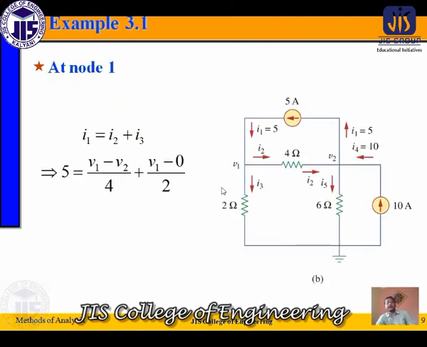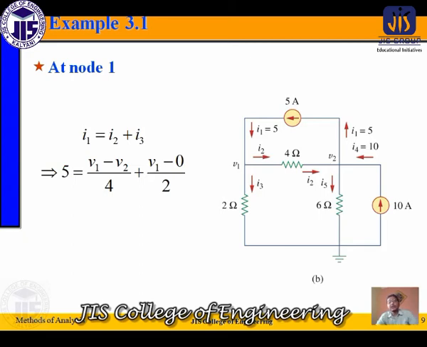Okay. Now we have to put the direction of current. For the non-reference node, that is node 1, having a voltage of V1, whatever branches are connected over there, we are considering the currents. Let's consider I1 current, that is I1 up to down, I2 current, left to right, and I3 current, up to down. The direction of current is your choice. You can put the direction of current in any direction, no problem at all. Whatever direction you put, you just have to consider the voltage level based on your current direction.